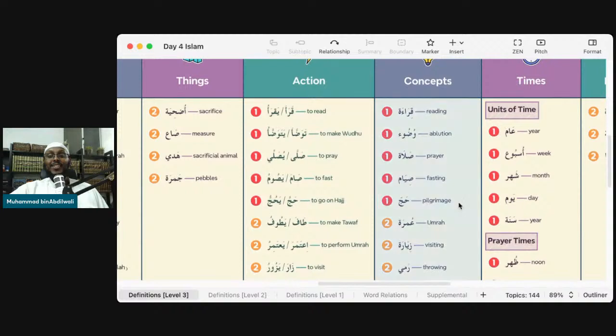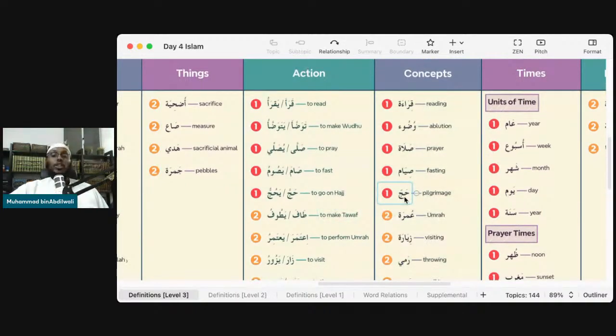الحج. This one, let's not use a noun. Let's use a prepositional phrase. الحج إلى بيت الله. Hajj, to the house of Allah. الحج إلى البيت. Hajj, to the house. When we say the house, we mean the house of Allah, of course. How did you make a sentence? By using a prepositional phrase. إلى means to. البيت. Okay. How about we use these things with verbs?